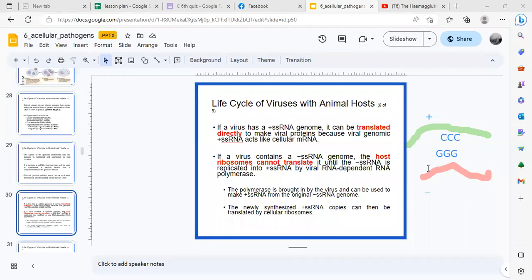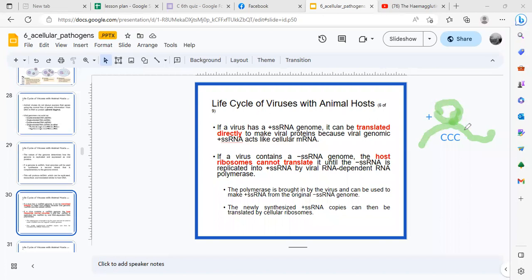Okay? So, bale, magre-replicate siya muna, tapos pag nagawa na yung complementary strand, ito yung positive sense na nagawa mo from the negative, yun na yung magiging malalagyan na ng ribosomes